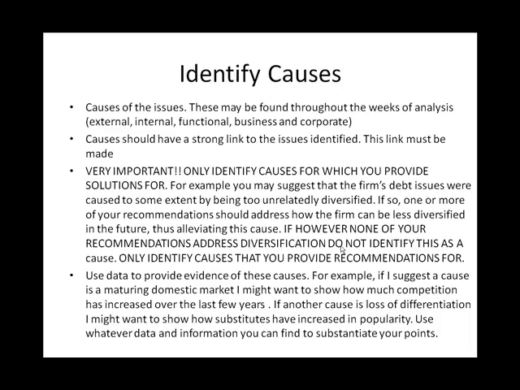It has to do with either the firm reducing the number of industries it's in, getting out of certain types of industry, getting into new industries, something that would in some way impact and reduce the problem associated with this unrelated diversification. Too many times I see students suggesting certain causes. For example, they say one of the biggest reasons the firm has low profitability is its lack of international presence, and then none of its solutions in any way addresses this lack of international presence.